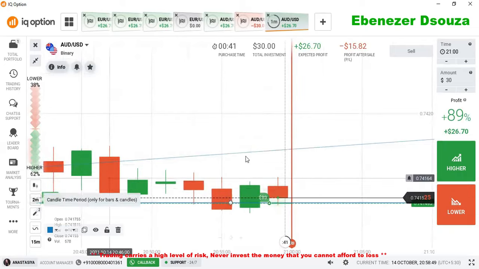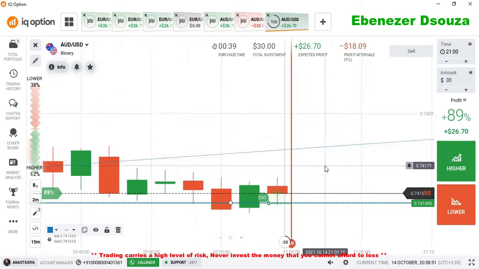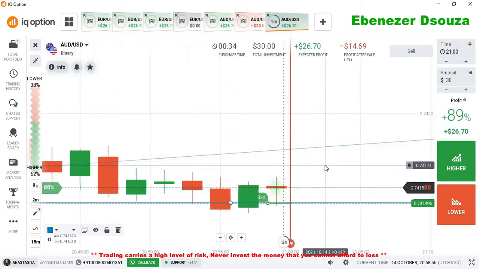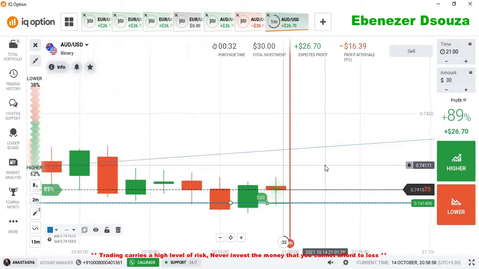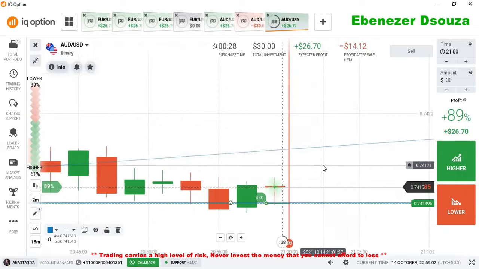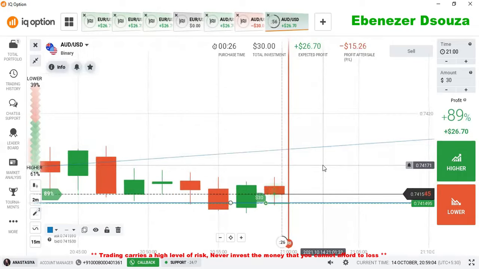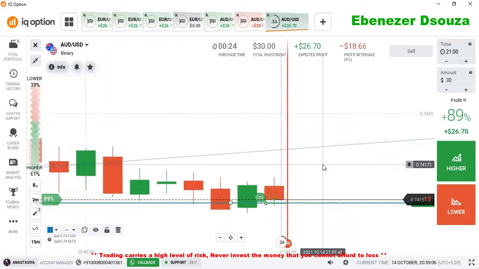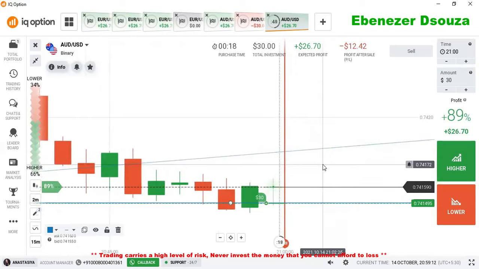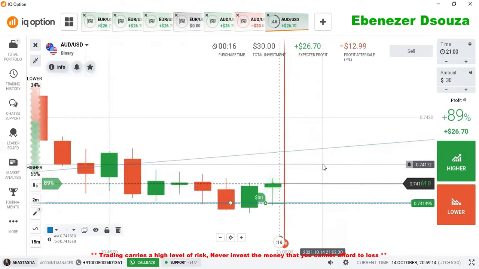So in a 2-minute chart we will have time to analyze the market, we will have time to place our trade with some margin of safety at the right place too. But in a 1-minute chart it's not possible to place our trades like this. So always select a 2-minute or 5-minute chart. It will be good to trade in a 5-minute chart or 2-minute chart.